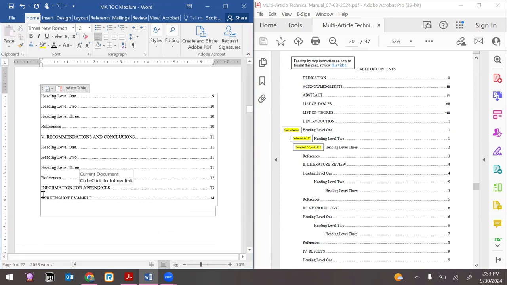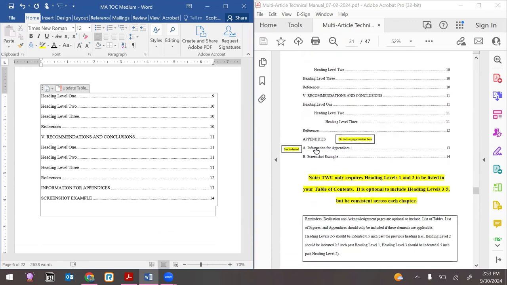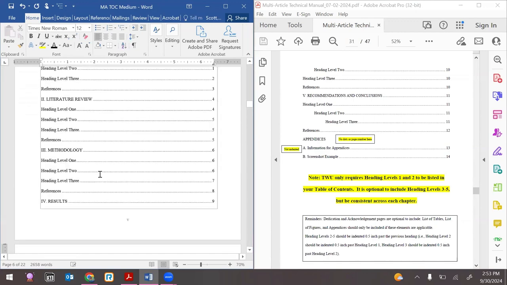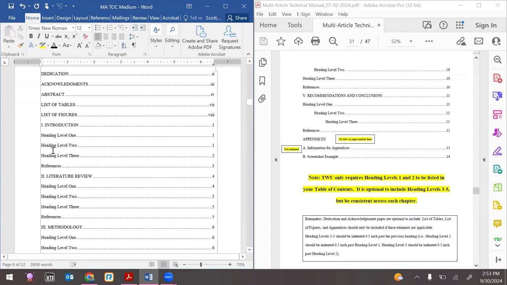Okay, and then if you go ahead and note here, your appendices should be capitalized, but we're going to worry about the appendices section in a moment. So we're just going to focus on heading levels for now. We're just focusing on headings for now. So if you note here,